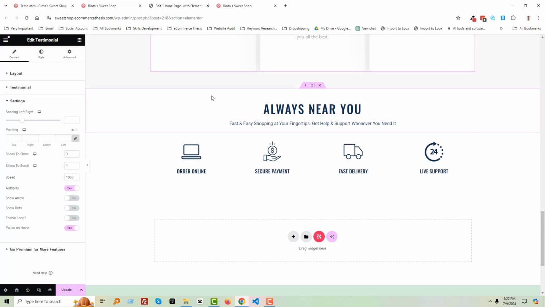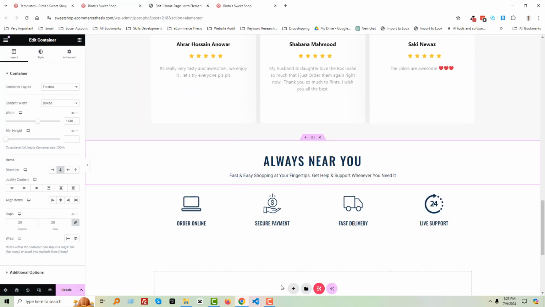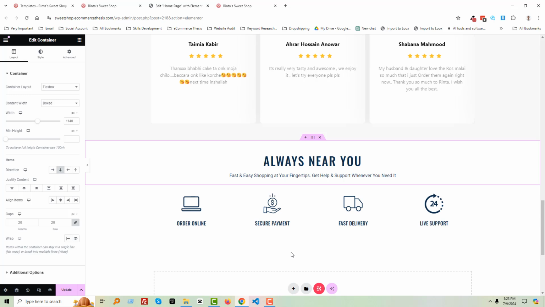And then we added this highlight area, and add 4 icons in here with text, and finally add the footer. So I hope you understand how we have designed this website using the free Elementor, and I think